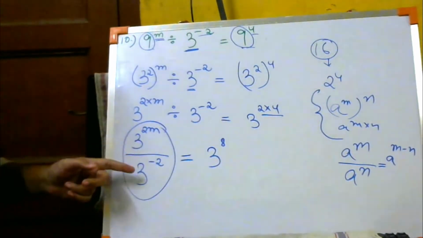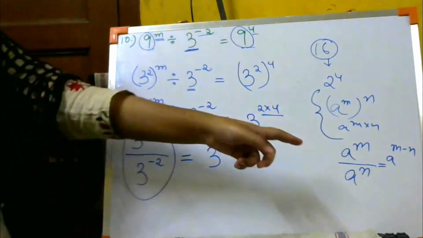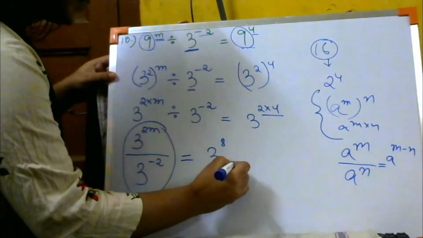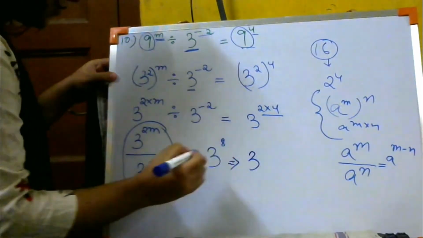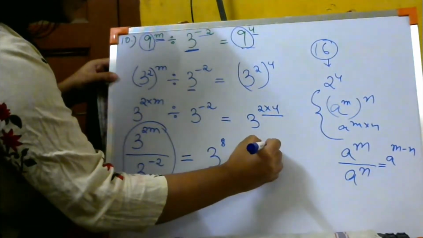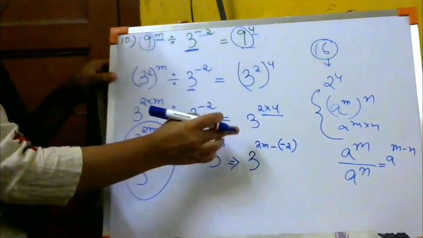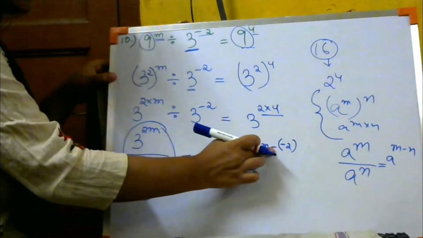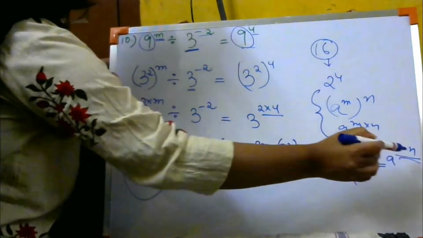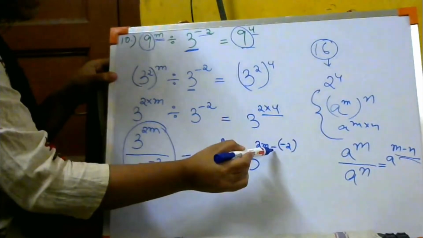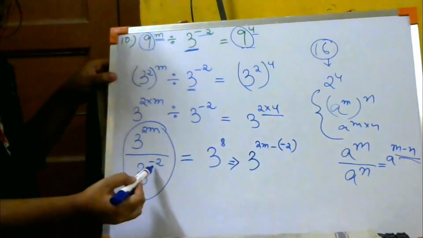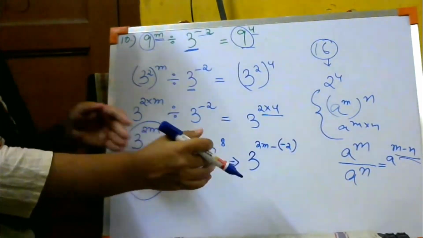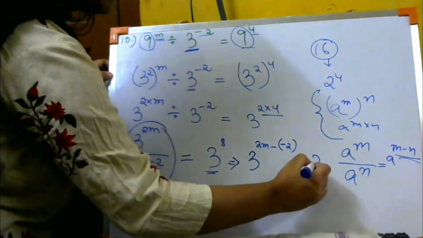So 3 to the power 2m divided by 3 to the power minus 2. How am I going to change this? 3 to the power 2m minus 2, right? See what I am doing. See it over here very carefully. After this, what am I doing? I am writing 3 to the power 2m minus, in brackets, -2. Why have I written -2 in brackets? Because the power already had -2, and according to the formula a minus sign should sit here. In the formula it was m minus n, and n already had a minus sign, so I kept it in brackets, because we cannot put a minus next to a minus like this, we have to keep it in brackets. Okay. Now equals what this was, 3 to the power 8.